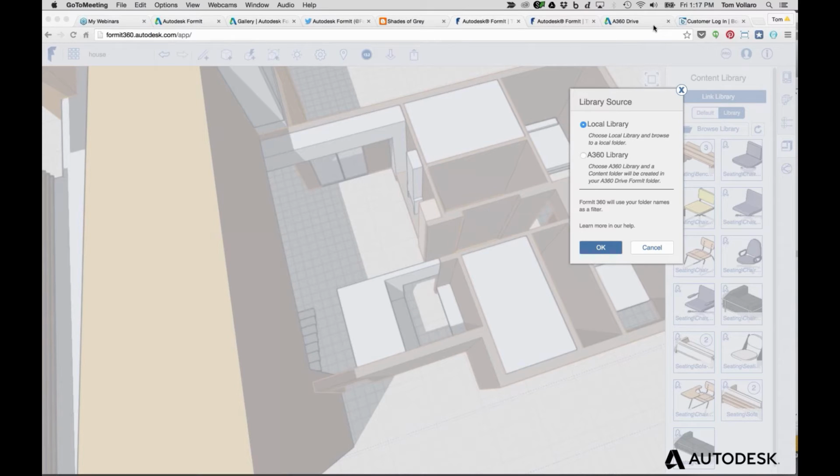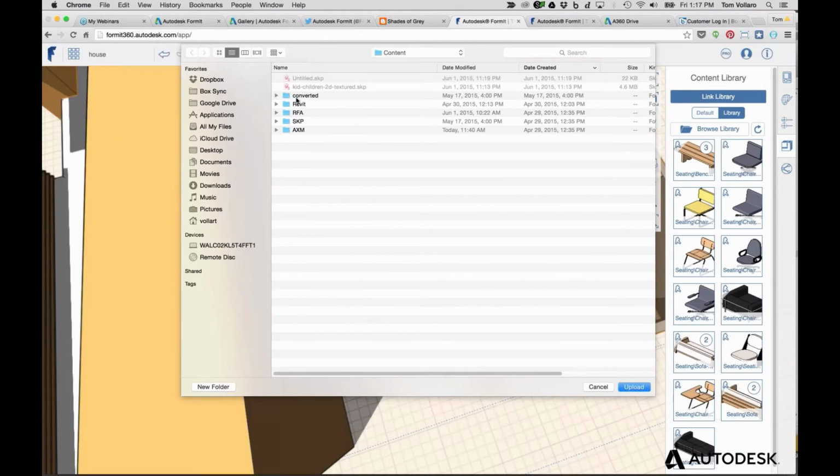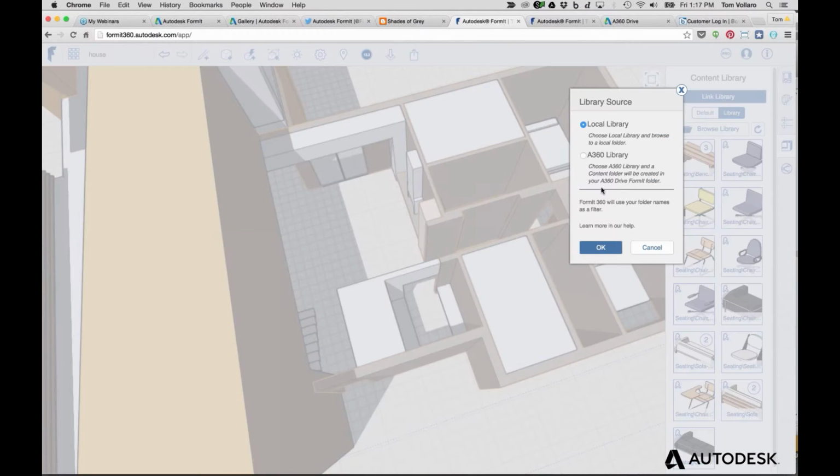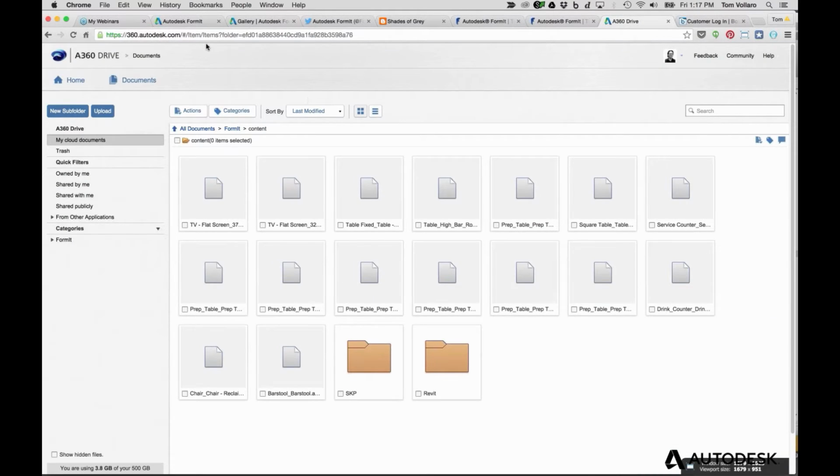Yeah, that's true. Firefox just does A360, and Chrome gives you the option for local library. Okay. So what I can do here is go to that local library that I've synchronized here. It's just sitting on my desktop. Or I can just say A360, and this will automatically link to this folder in my drive, which is